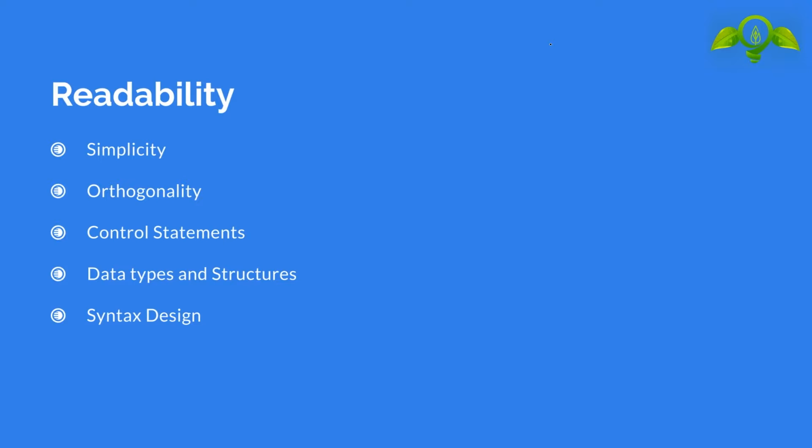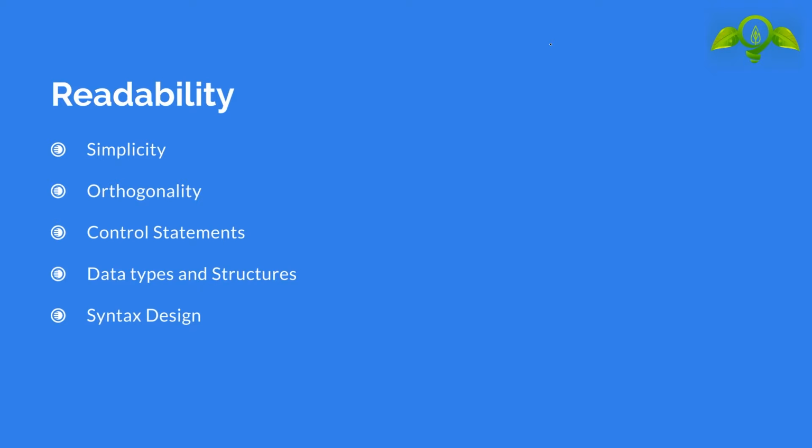Simplicity is said as it is a manageable set of features and constraints. There exist multiple ways of doing the same operation. It is known as simplicity. Coming to orthogonality, if some features can be combined to build the control and data structures of the programming language, then it is known as orthogonality.